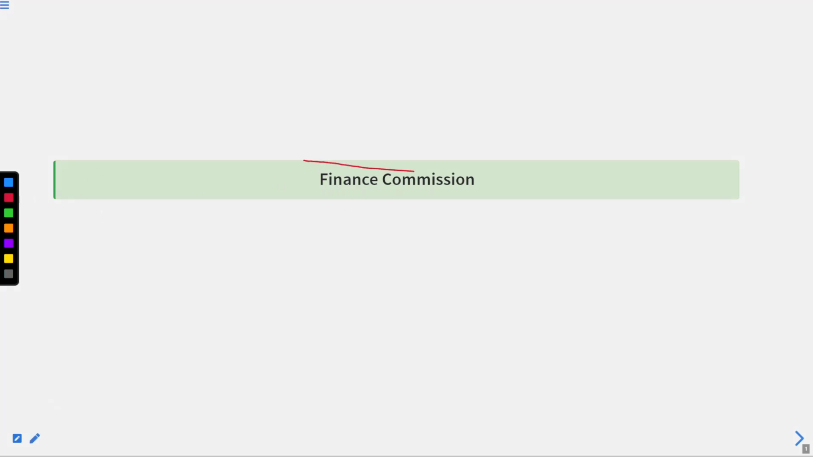So students, as you can see here, in this lecture we are going to start with the Finance Commission of India. Basically we are going to look at the Finance Commission of India, and this is going to be a very important topic from the examination point of view. Why? Because the Finance Commission of India